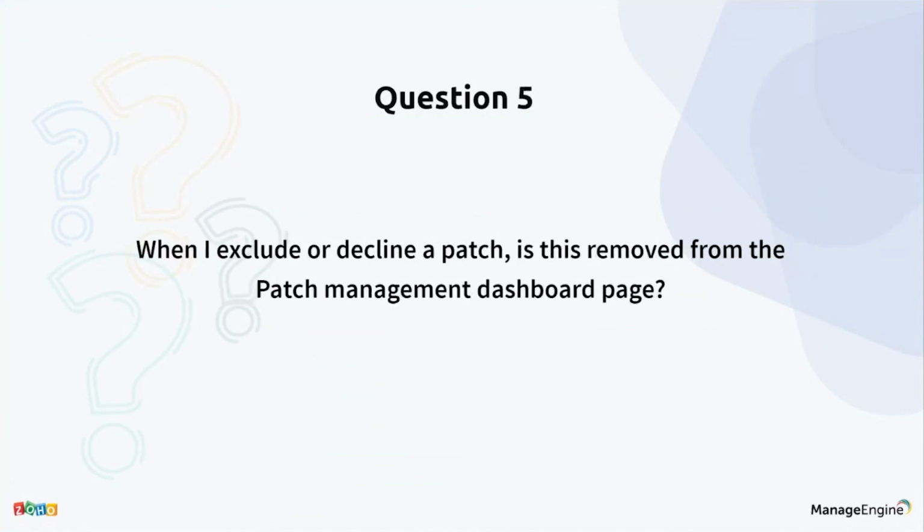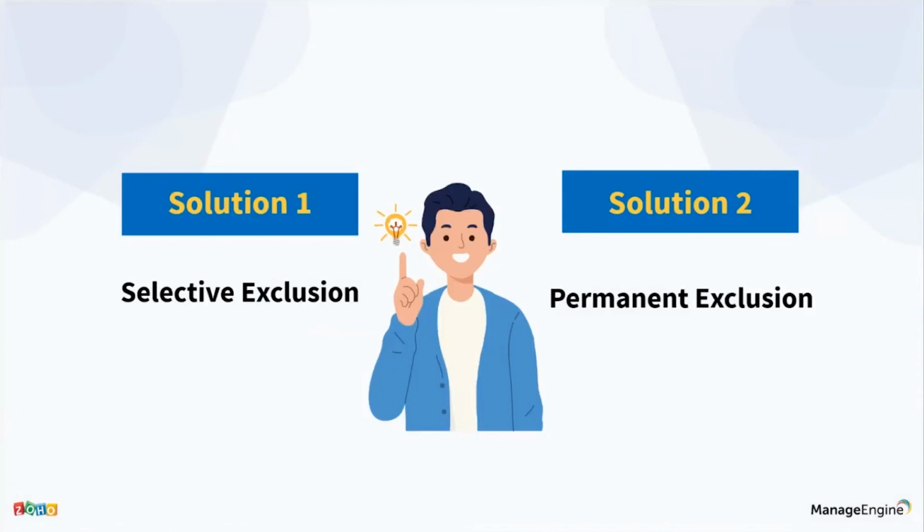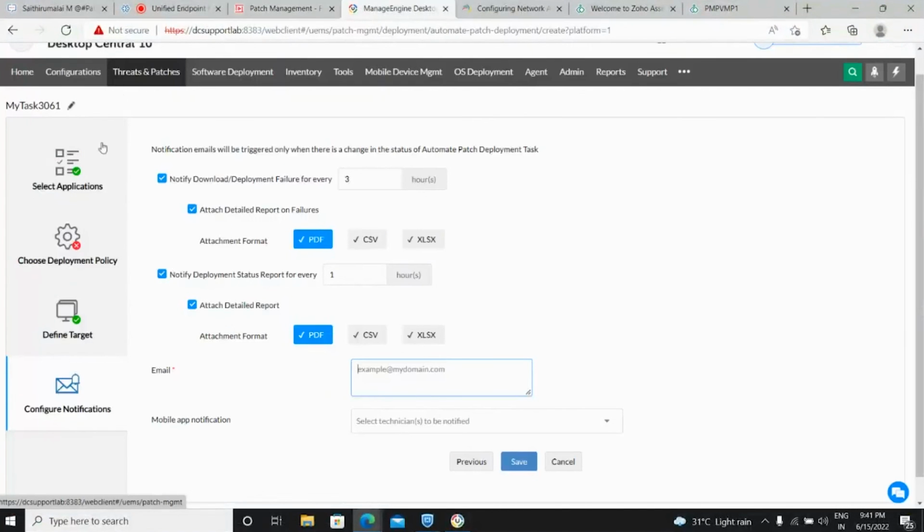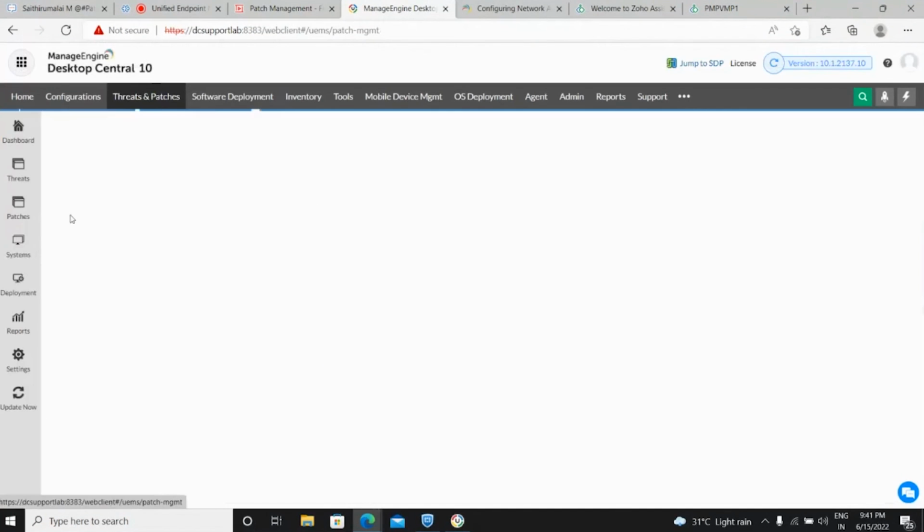When I exclude or decline a patch, is this removed from the patch management dashboard page? Yes. When you decline a patch, it is not calculated as a missing update for that computer. Let me also show you how to decline a patch. So we have selective exclusions and permanent exclusions. Selective exclusion is when you want to decline a patch from a particular configuration or a task, you go with that method. So to show you how to configure this, you will have to go to the threats and patches and deployment,